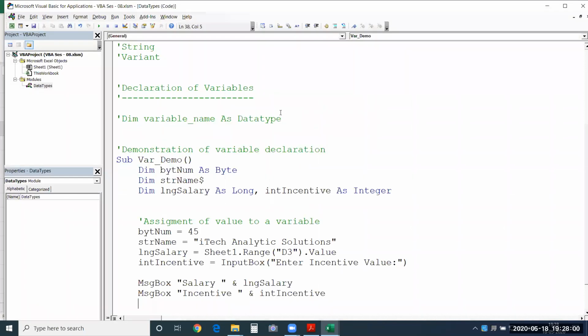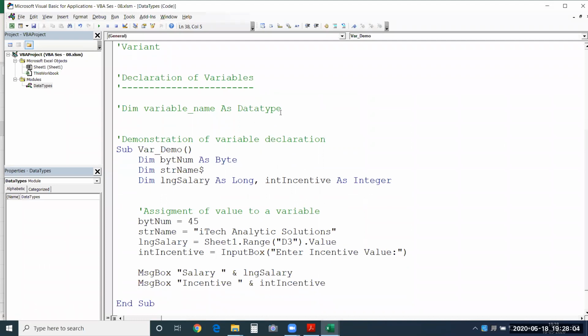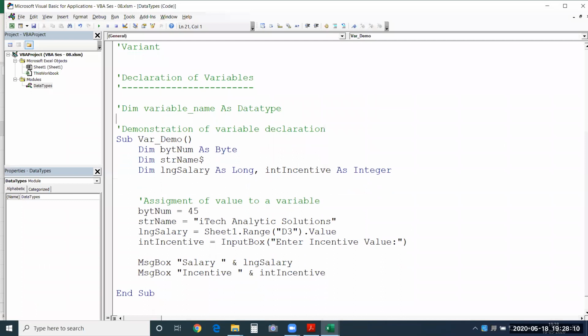So these are the different ways in which you could be assigning values to your variables. And these data types, as I said, are very, very important so that your memory consumption is decided in a better way rather than wasting it.